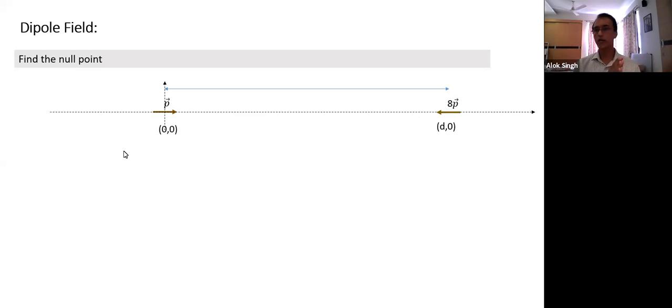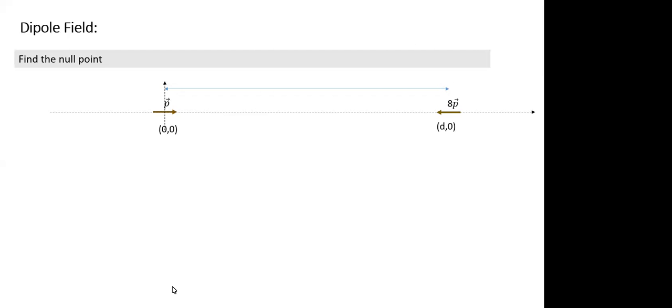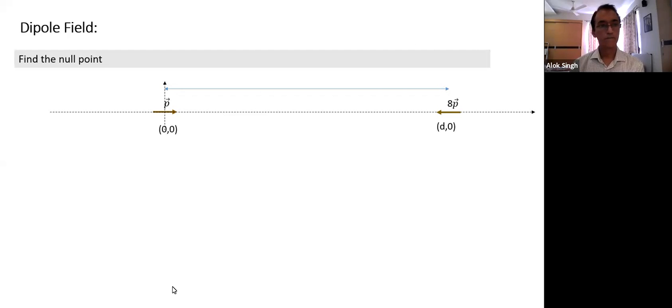How do I find the null point? First I need to choose where it would occur. The rest of you also please get an answer. It's a simple question we have done for the point charges. With a similar method, we should be able to do it for dipoles as well. Pranav, clear? So Bhagyashri, what is the answer you're getting? D by 3, sir.